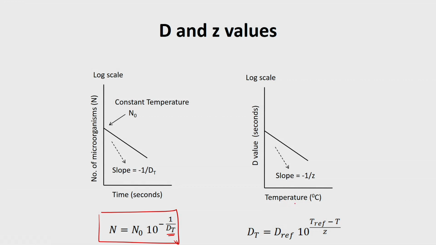So, when I plot temperature versus D value, if you remember a bit of your chemical reaction engineering, any kinetic expression, for example, we discussed when we started the class, minus dC upon dt is nothing but k C to the power n, right. This k is nothing but a rate constant, which is again a function of temperature, e to the power minus E upon RT. So this Z value is more related to the kinetic expressions.